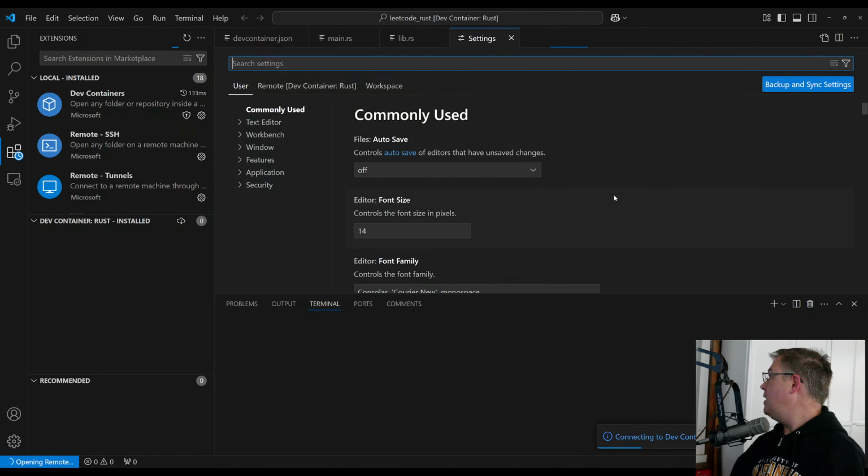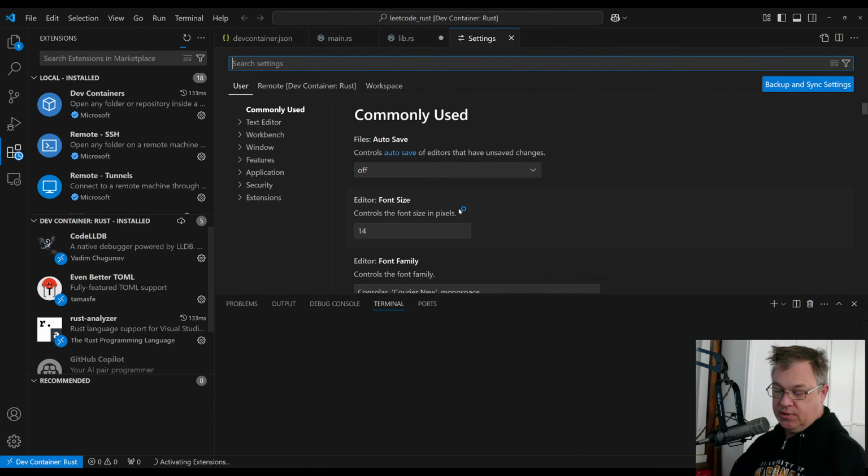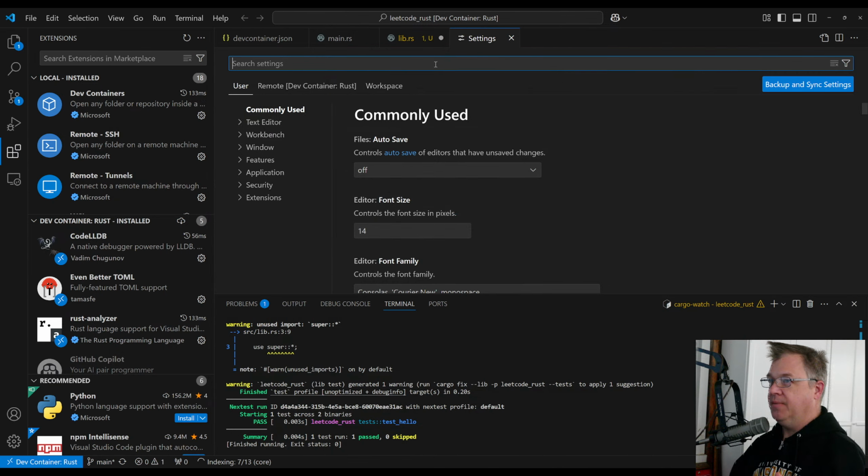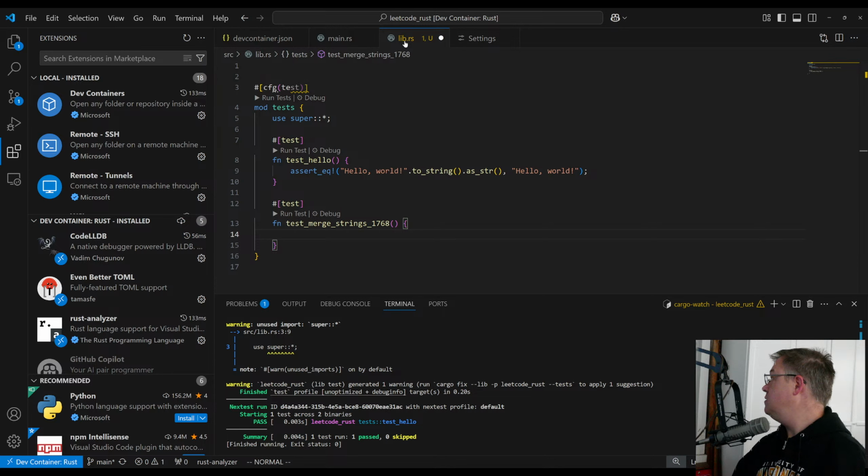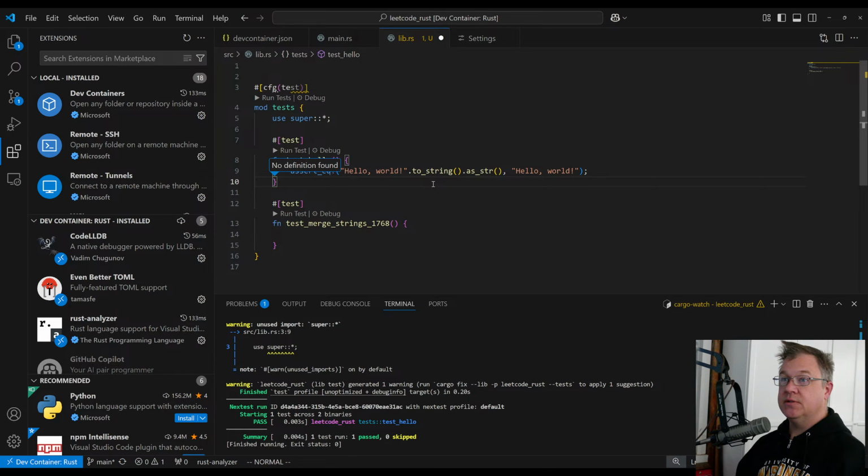Sorry, I don't know when I'm showing you what screen. I apologize for that, because this is going to be obnoxious for you if you don't see my screen all the time. So now I have Copilot disabled. I still have Rust Analyzer enabled, but let's do our work based off of this.